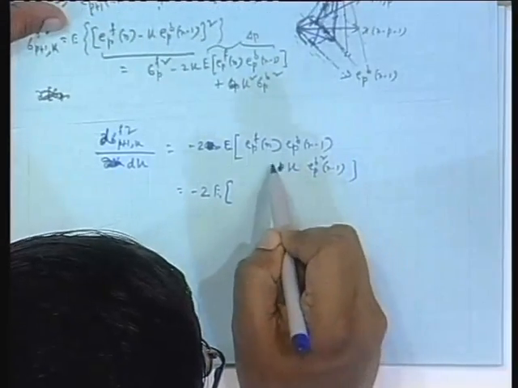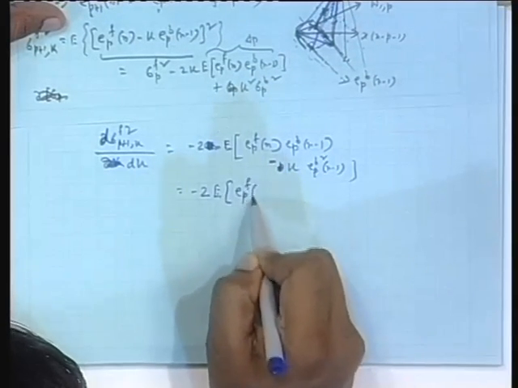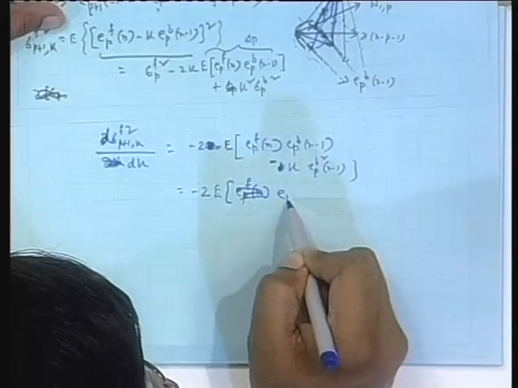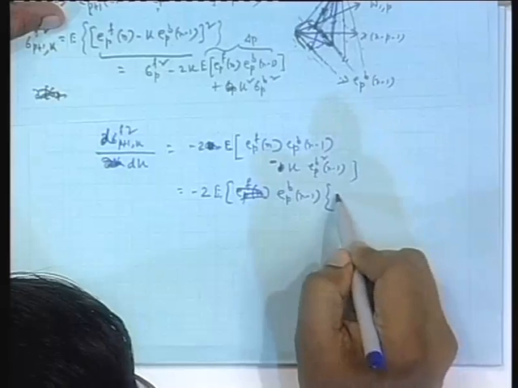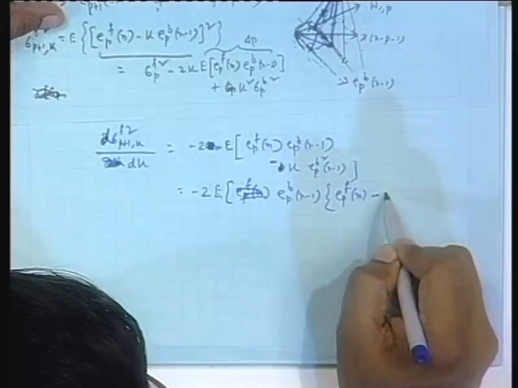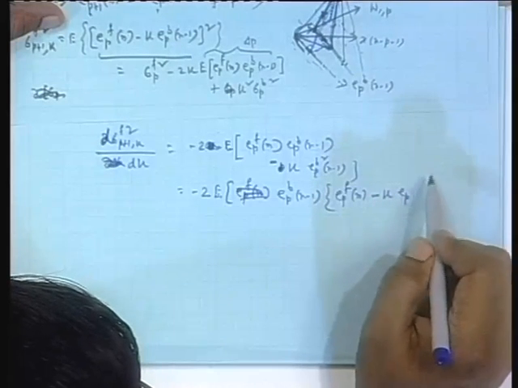Yes, right, minus, thank you. And then I suppose I take this E p b n minus 1 common. Then what I get is within bracket E p f n minus k